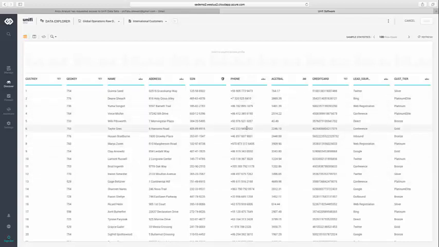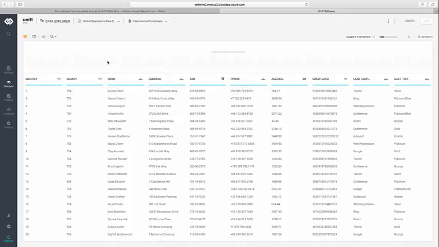And I can very quickly see I've got Social Security number, or in the UK, the national insurance number, phone numbers, credit cards. So quite a bit of information here that I am a little bit concerned about before I just push this data set out. Now, I also do see some nice business level information, things like the customer account balance, the customer lead source, the customer tier that ties back to our loyalty programs. So I still think that this may be something that Andy would gain value from.